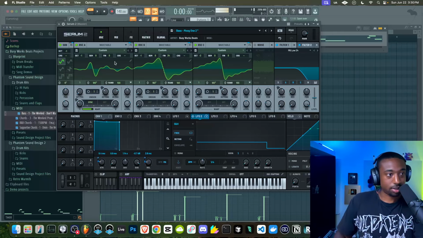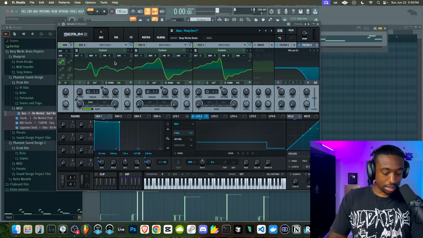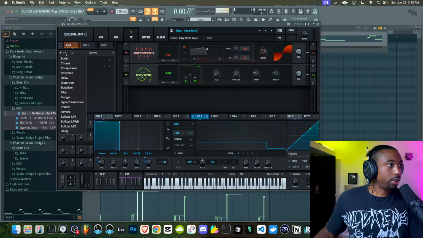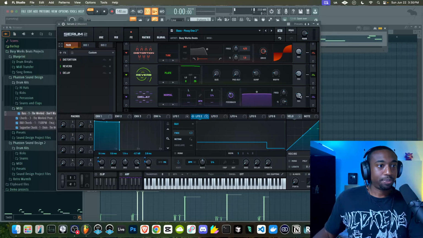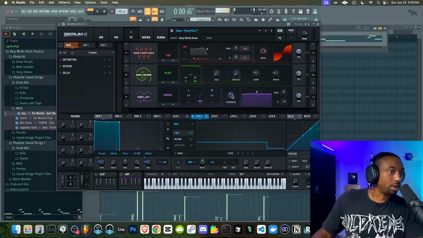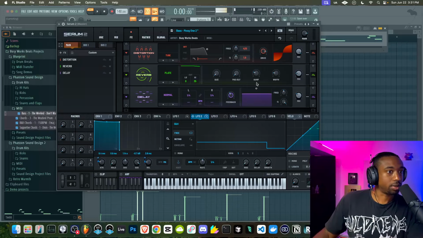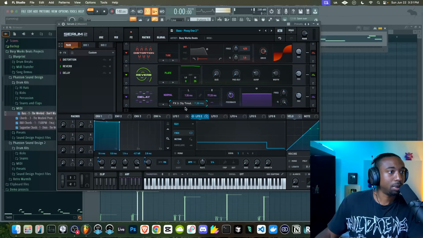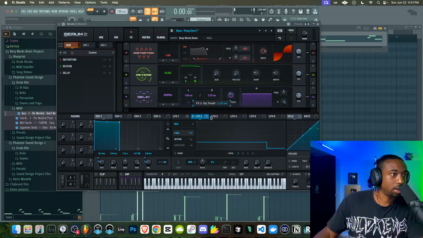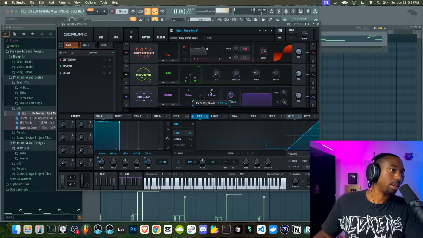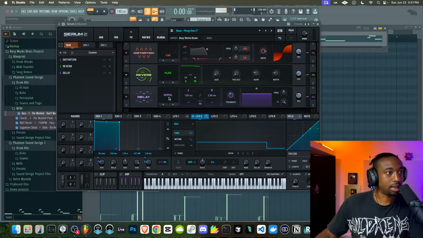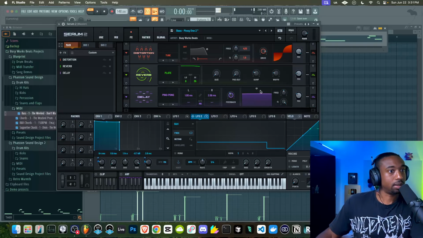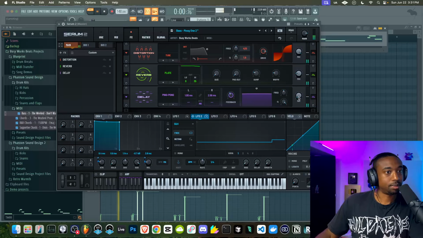Okay, so there's so much to show you guys that I'm really going through my notes. So we have delay. Let's go to the effects, show you guys a quick little delay trick. If you go to delay and set your feedback somewhere around 50% or so, just turn your filter off by left clicking and grabbing the Q value. And let's go to millisecond mode and we're going to turn this down all the way. Now you can have your left and right different depending on how you want this. And you could even switch this to ping pong mode. And what we're going to do is just give it a mix level here.